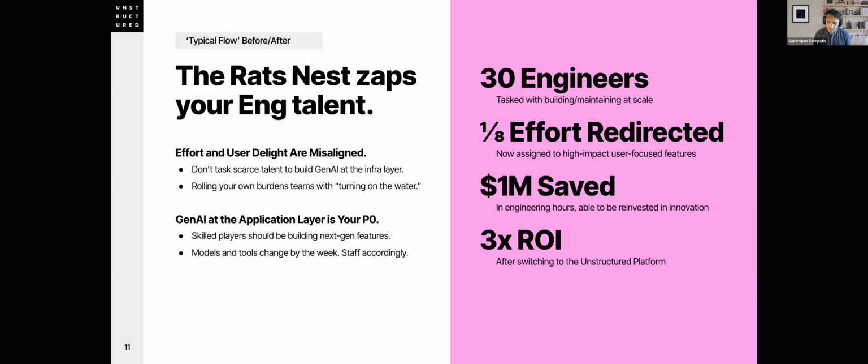In general, we estimate across the 10,000 customers that I mentioned that we've saved them about $1 million per customer in engineering hours. And then we would expect that $1 million to be invested in innovation, such as new user features, as we discussed. And generally, when I think about the platform, my pitch is that I try to get 3x ROI. For every dollar you spend with Unstructured, you're getting $3 back in terms of the return on investment. Ideally, we get that to be more, 5, 10, 30x. We want it to be a delightful, easy experience. And I hope once you see Jenny's demo, you'll see that too.